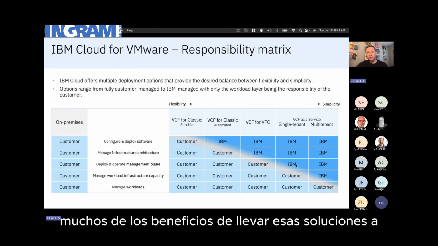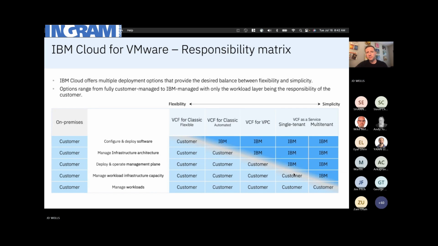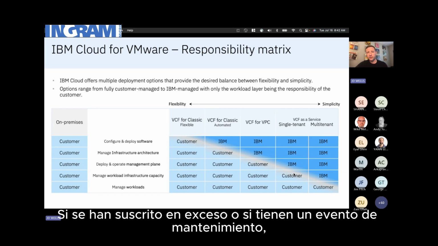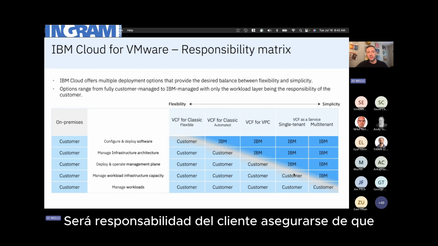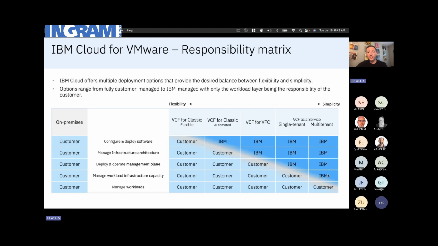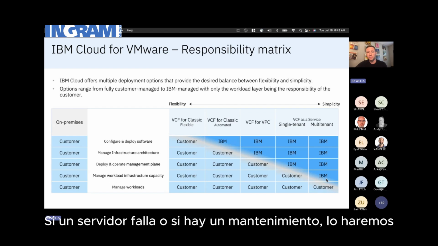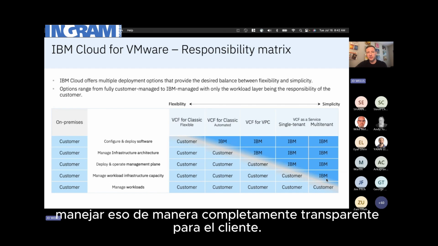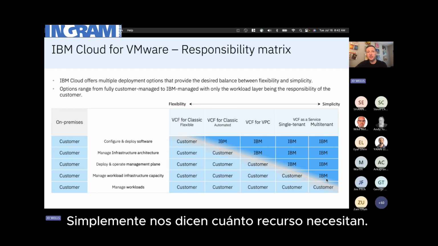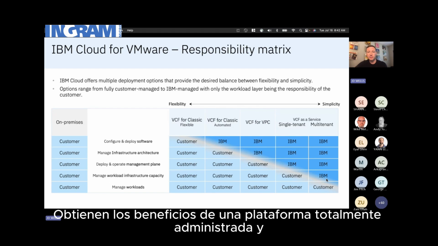gives customers a lot of the benefits of bringing those solutions onto the platform, but they still have responsibility to maintain infrastructure capacity. If they've oversubscribed or if they have a maintenance event, it's going to be the customer's responsibility to make sure that they're taking those actions and then balancing their workloads accordingly. And then with multi-tenant, we're handling that responsibility. If a server fails or if there's a maintenance, we'll handle that completely transparent to the customer. They just tell us how much resource they need, and then our teams will be working diligently behind the scenes to make sure that they continue to run and they get the benefits of a fully managed platform with the